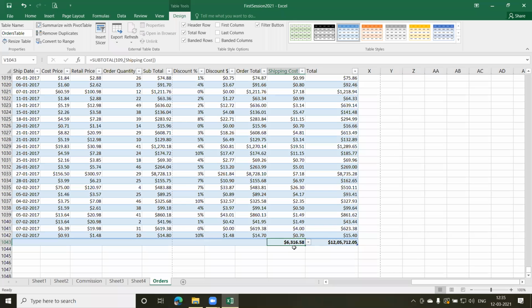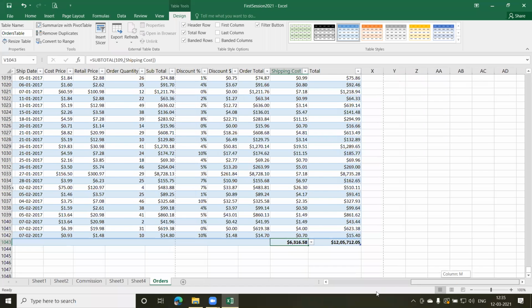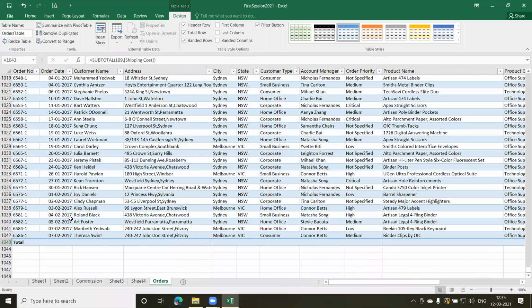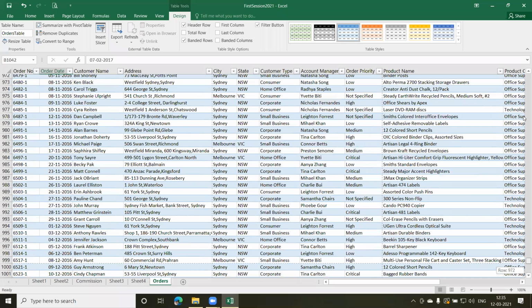If I want to calculate counts, let us say I want the Count function, so I want to know how many orders we had. Based on this order date, I'll click on this and say Count. So 1039, that many orders I have. There are many other functions in this drop down, and we are going to come back to this later. If you do not want this total row, you can always click on this and it goes off.